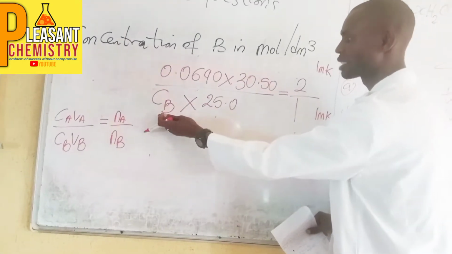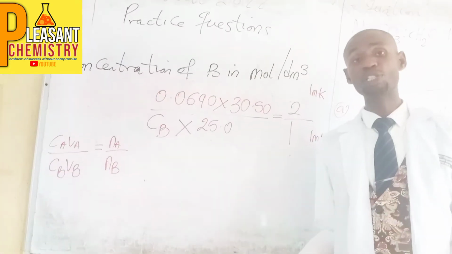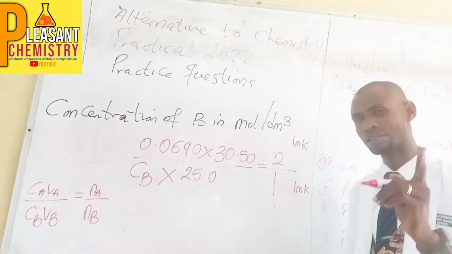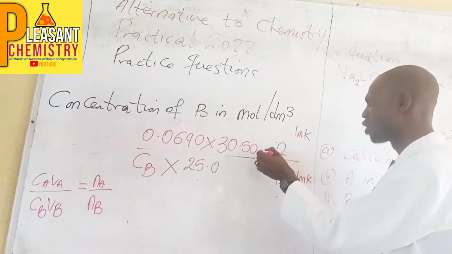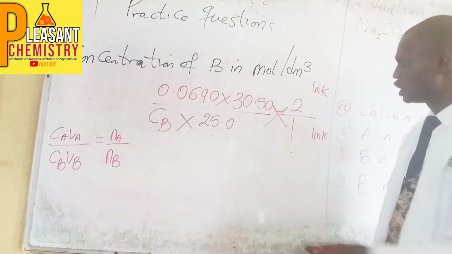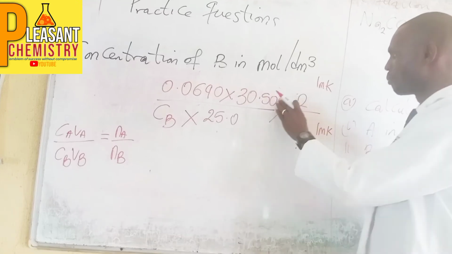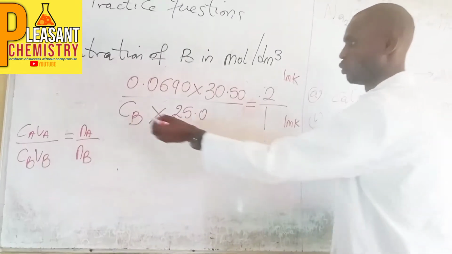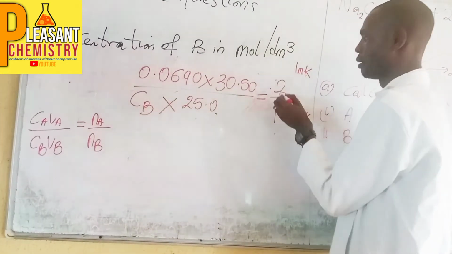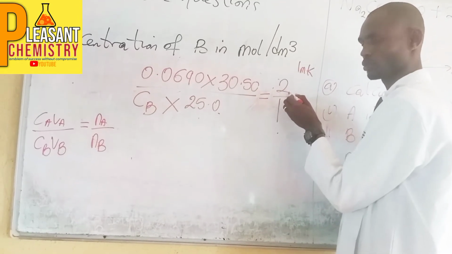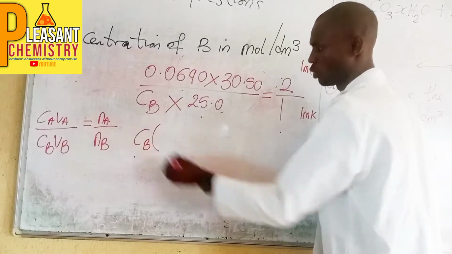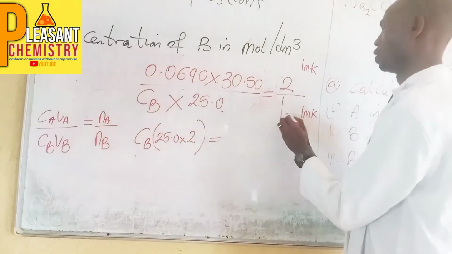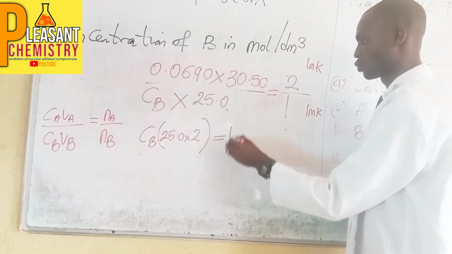The next thing is that we are going to make CB the subject of the formula, and we are going to cross multiply. When you cross multiply, it's not important to draw the arrows like this, because if you do, you have already cancelled your work. So better still, don't put any cross multiplication lines, but you can cross multiply. That means the base here multiplied by the numerator. So CB, open bracket, 25.0 multiplied by 2, close bracket, is equal to 1 multiplied by